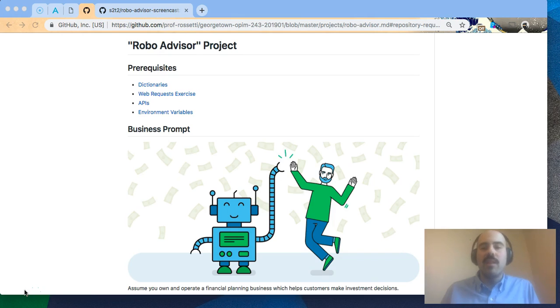In this project, we'll be creating a Python application to request stock market data from the internet in order to process it and provide the user with a recommendation as to whether or not they should purchase the stock. So, let's get started. I have already set up a repository on